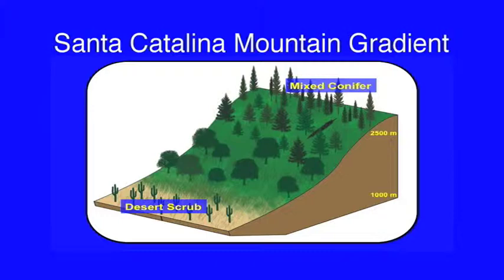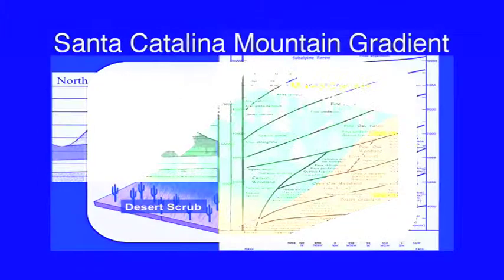Scientists call these things gradients. A gradient is just a change in something, in this case as a function of elevation. As we go up in elevation, we're seeing differences in climate, particularly mean annual precipitation, and we're seeing differences in vegetation type and also the amount of vegetation, the total biomass on the landscape. And so this is what makes a sky island a sky island. Now there is one more wrinkle in the story,